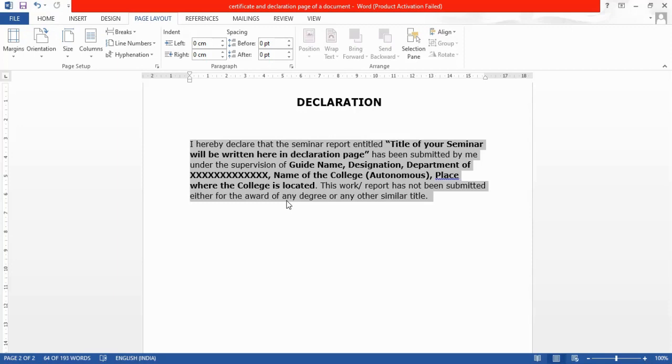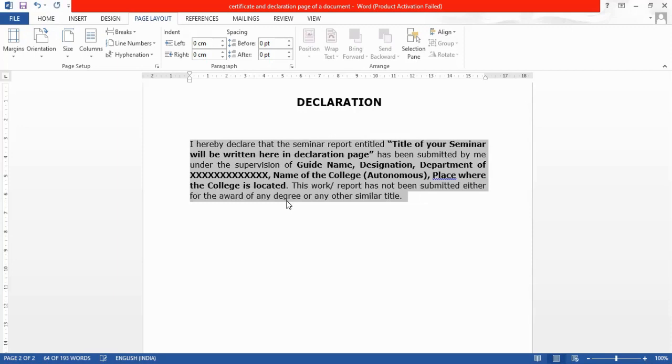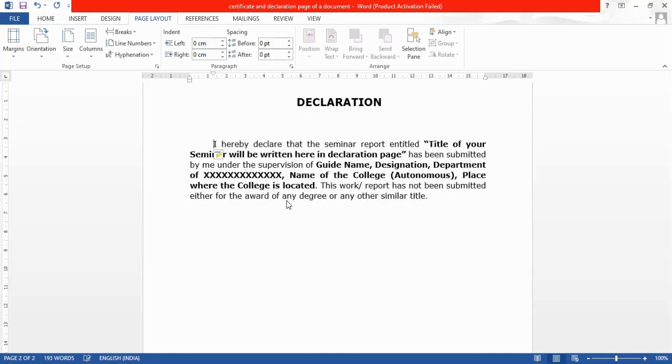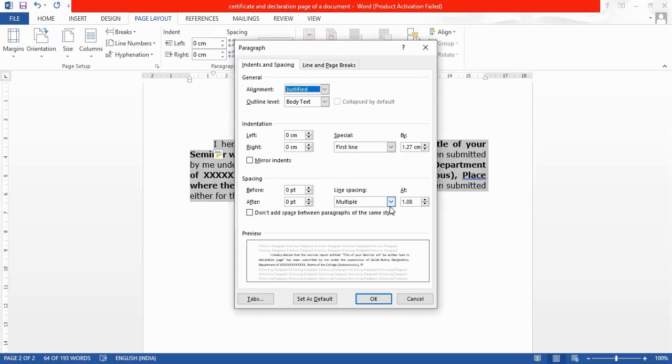Now I need to apply justification, and as the content is in paragraph form, we need to specify a tab space at the beginning of the paragraph, and I need to select the entire content once again with Ctrl Shift Down Arrow. Then I'm going to apply line spacing here with 1.5 lines and click on OK.